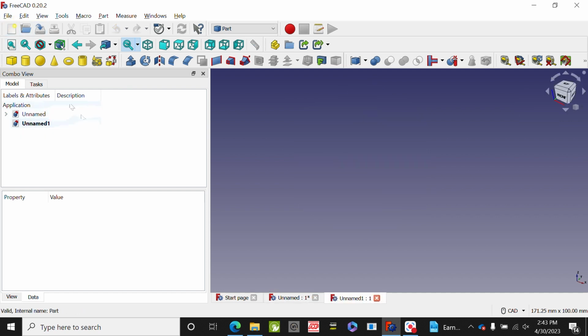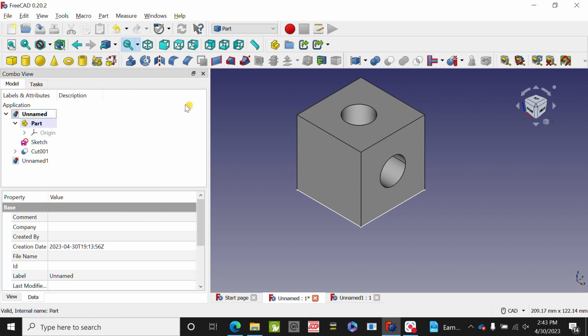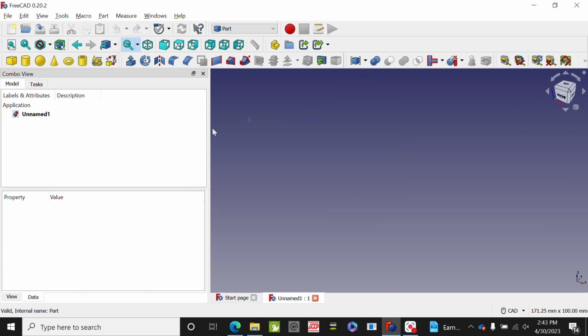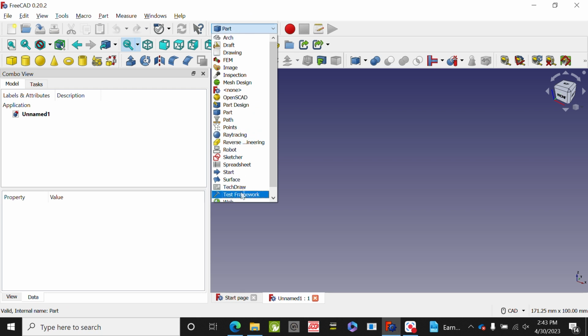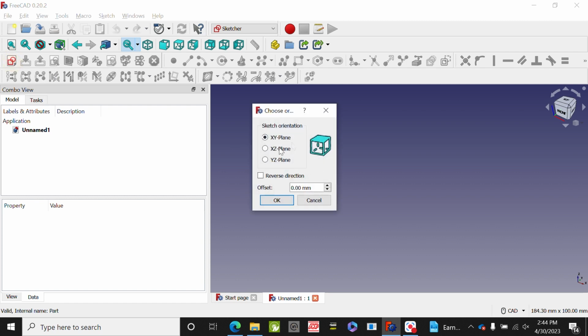Let's create a new file. I'm gonna delete that part, so just close it. I'm not gonna save it. And in a new file, if you go to Sketch or Sketcher, then you're gonna have the settings for getting your sketch done. So then you have to click on Create a Sketch,